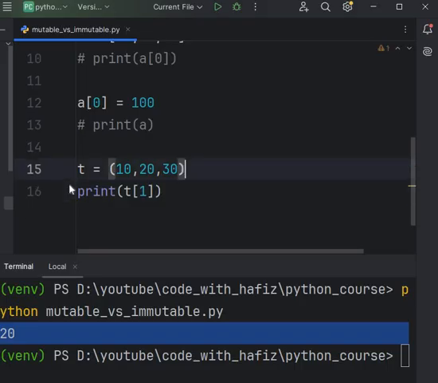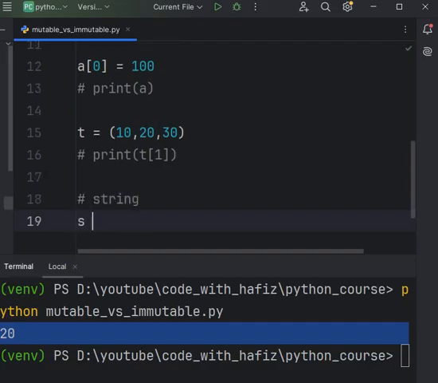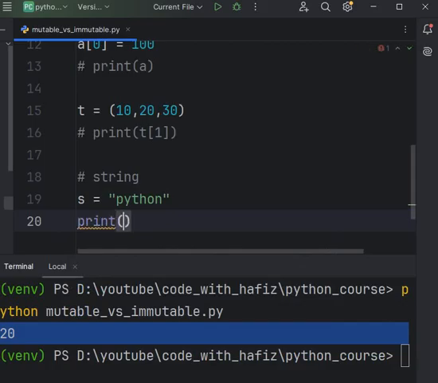So why is tuple immutable? Because they are faster, safe and used in dictionary keys. So let's see another data type, which is the string data type. Let me create a simple string, Python, and here print s of